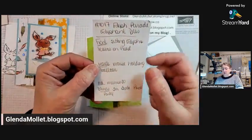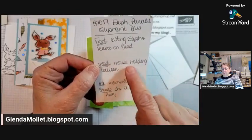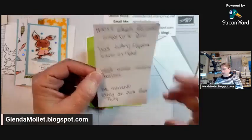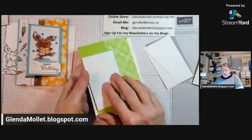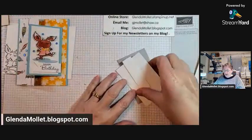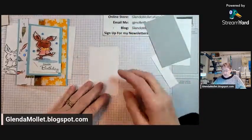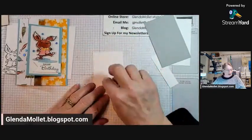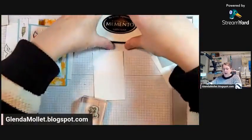Okay, I made notes. On the front, I'm going to put the sitting elephant and put some leaves on his head. On the inside, I'm going to put the mouse holding the balloon. There we go. Okay. So let me, this is the inside. This is the inside, and I'm going to get the mouse. I'm stamping only